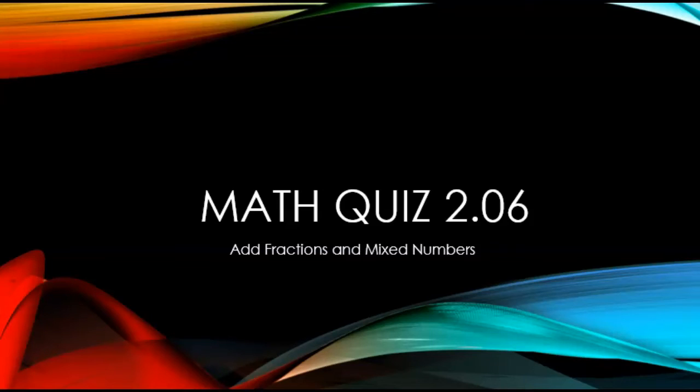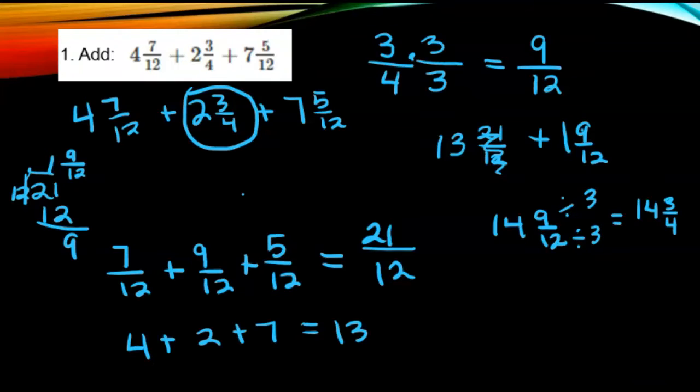This is the help video for Math Quiz 2.06, adding fractions and mixed numbers. When you're adding mixed numbers and fractions, remember you have to have the same denominator. So in question number 1, we see that the only mixed number that doesn't have a denominator of 12 is